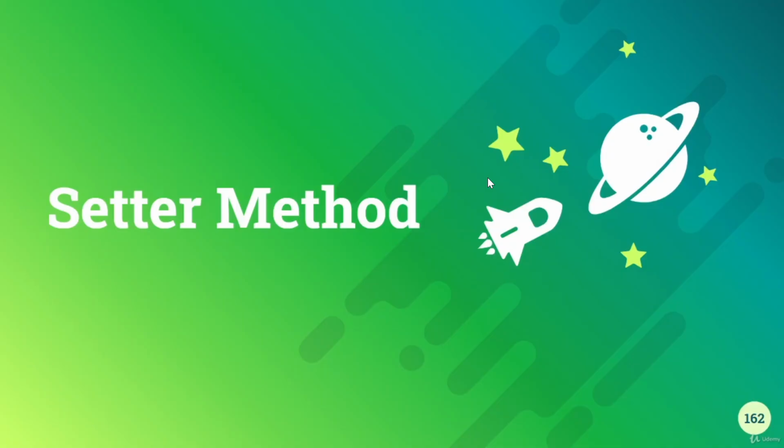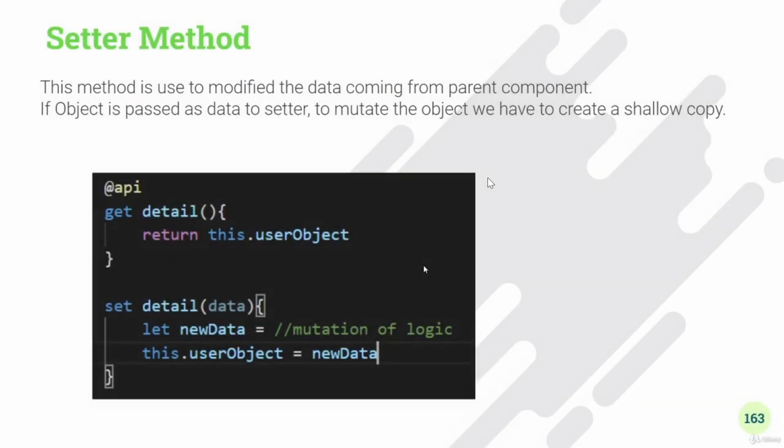In this video, we'll talk about the setter method. This method is used to modify the data that is coming from a parent component. Till now we have seen we can pass the data to a child component, but now there is a scenario in which we want to modify the data that is coming from the parent component, and there we use